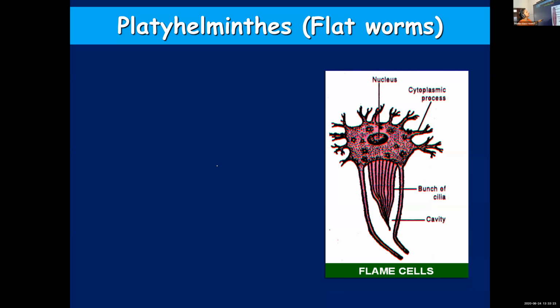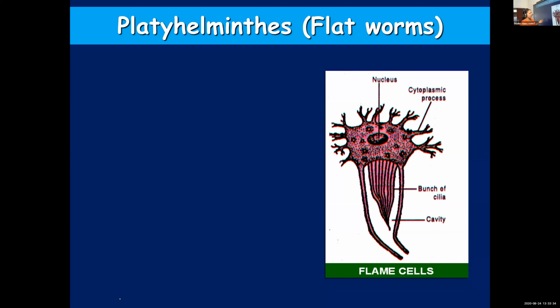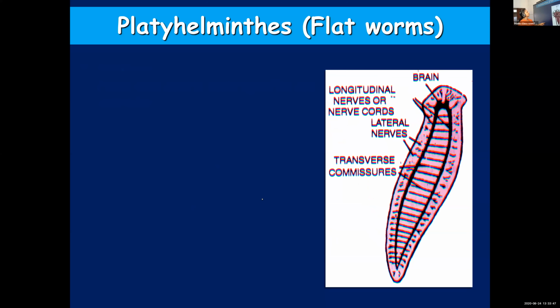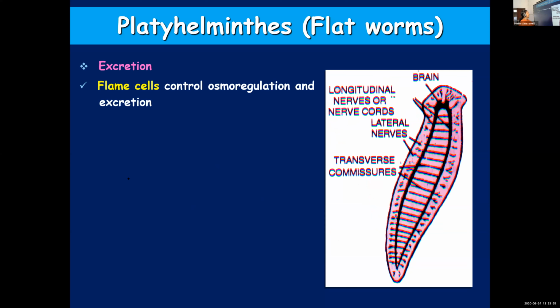So here you can see the pictures of their internal structure. Then you can see their excretory organs found in platyhelminthes. You call them flame cells because of their flame-like appearance. Then their nervous system. Okay, now coming back to the theory part. Excretion is brought about by, see, you can see a flame cell over here. It carries out excretion. Excretion is brought about by flame cells. And not only excretion, they also play a major role in